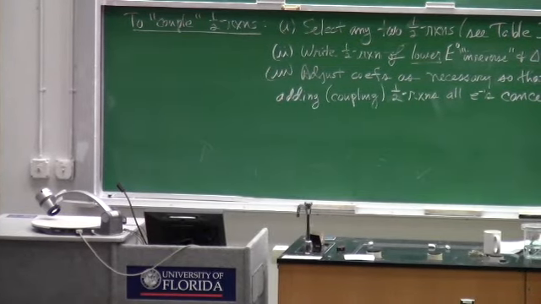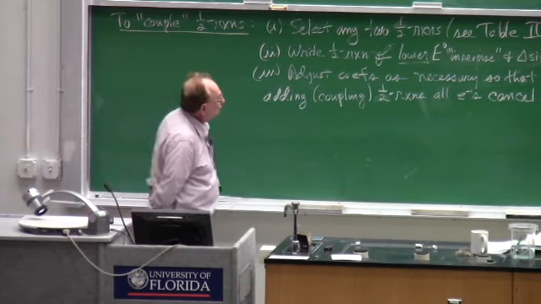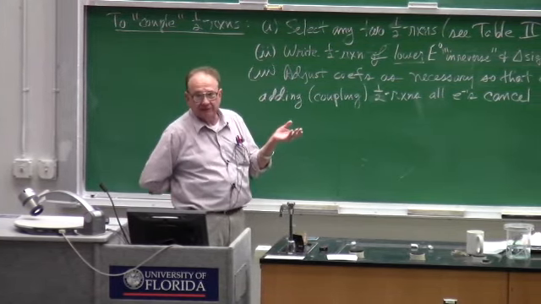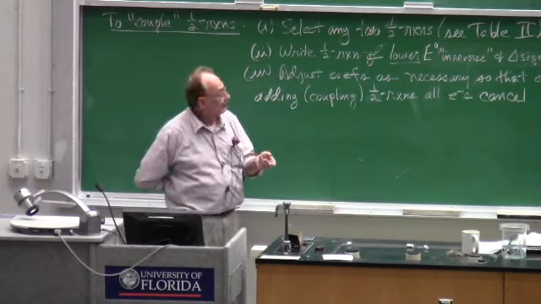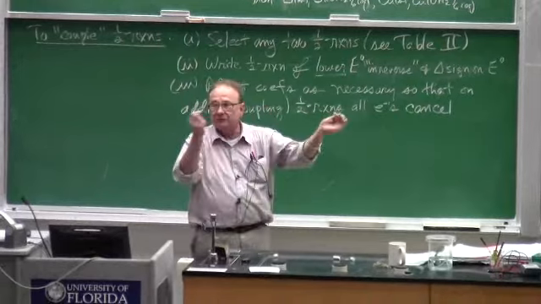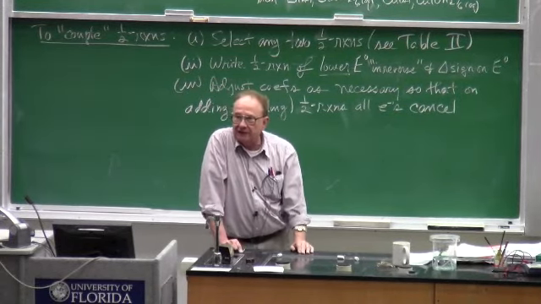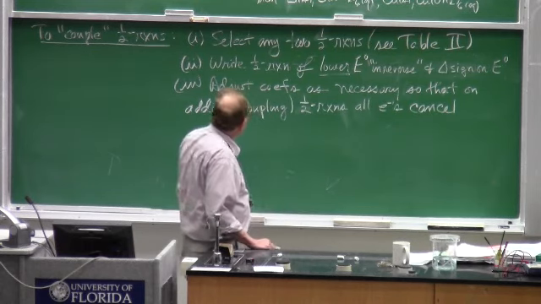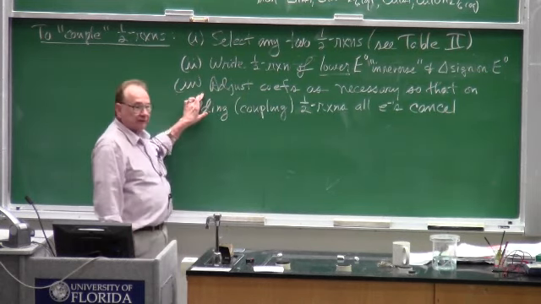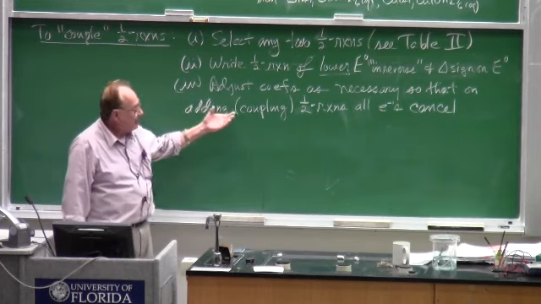Pick any two half reactions. In order to make an electrochemical cell which will liberate usable electrical energy, which means it'll have a positive E0 value and a negative value for delta G0, you take the half reaction of lower E0 and write it in reverse. And when you write it in reverse, you change the sign on its E0 value. And then you make adjustments of coefficients on the two half reactions as necessary, so that when you add them up,